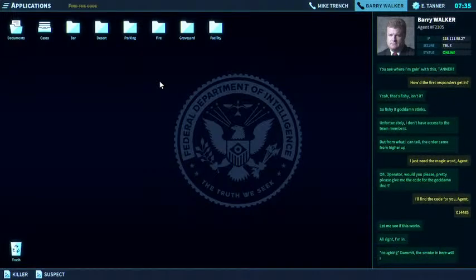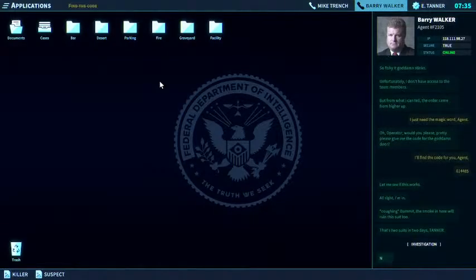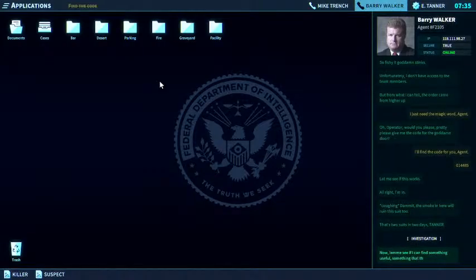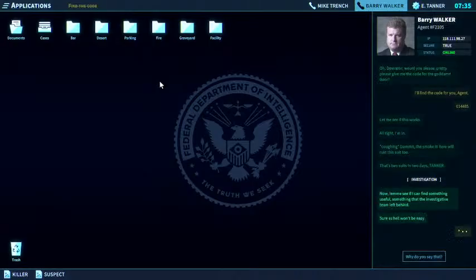Damn it! The smoke in here will ruin this suit too. That's 2 suits in 2 days. Tanner! Well, let me see if I can find something useful. Something that the investigative team left behind. Sure as hell won't be easy.